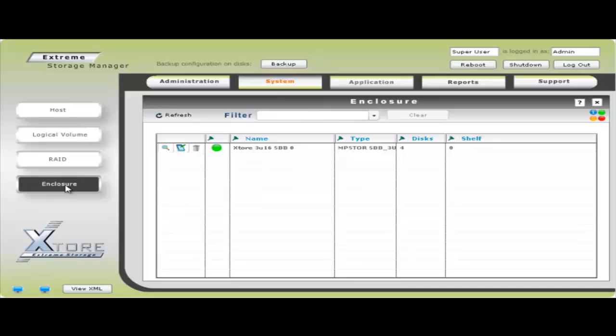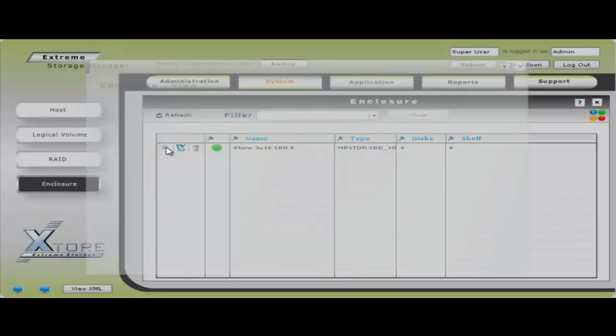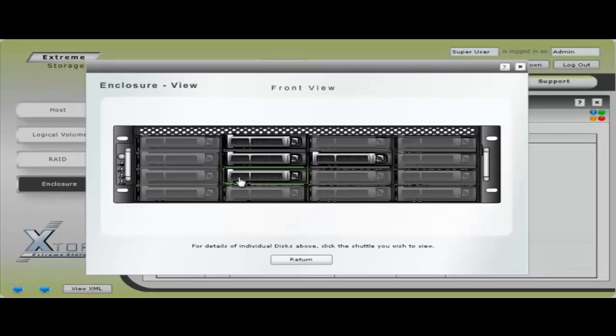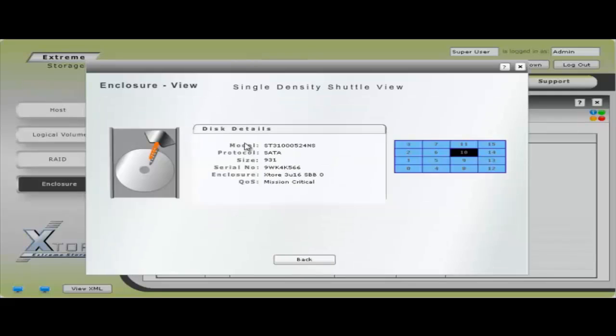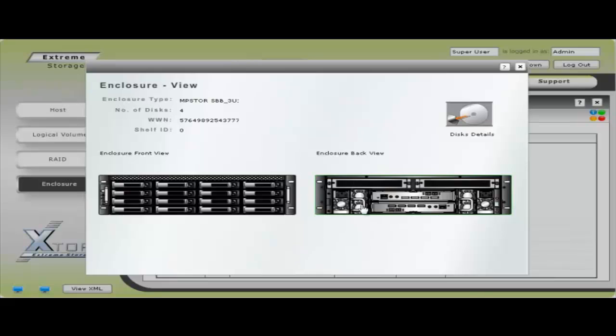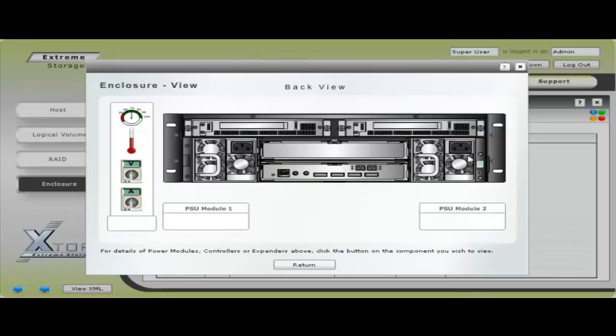Finally, if I want to view the enclosure details, I simply click on the enclosure tab and then view the enclosure that I'm currently connected to. I have a front view and a back view. The front view allows me to see which disks are currently populated and to view the disk details of that disk that's currently being used. Or I can view the entire back of the enclosure and see